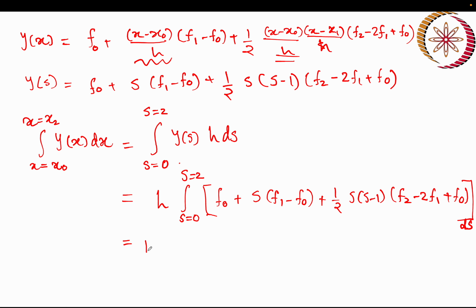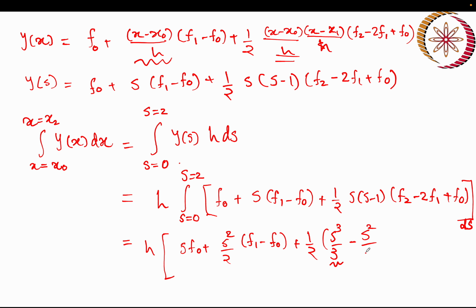So if we integrate this, it will be h times s f0 plus s squared by 2 (f1 minus f0) plus half times, for s squared the integration will be s cubed by 3, and you can see that 3 is coming here, that's how it has got the name, and minus s squared by 2, and this is constant, (f2 minus 2 f1 plus f0), and the limit is s equal to 0 to s equal to 2. Okay, so h,